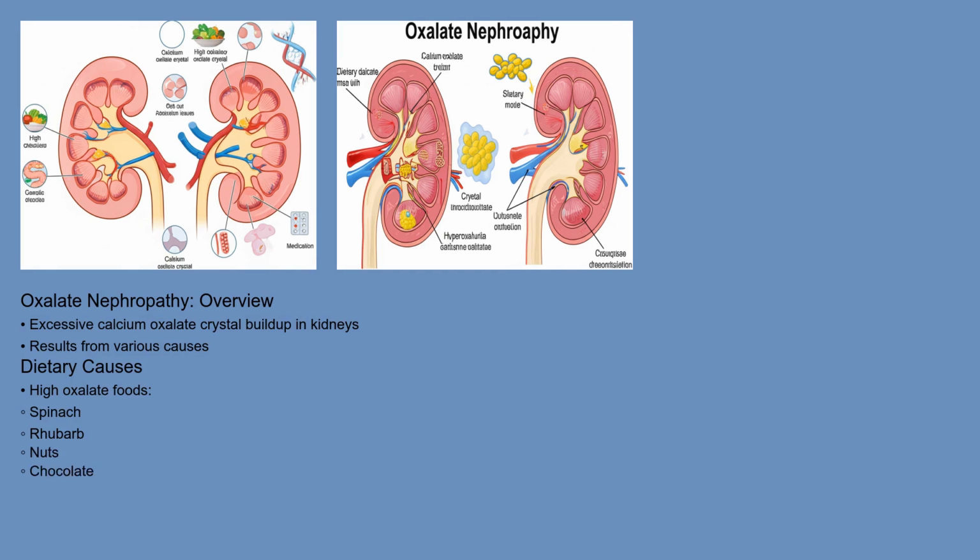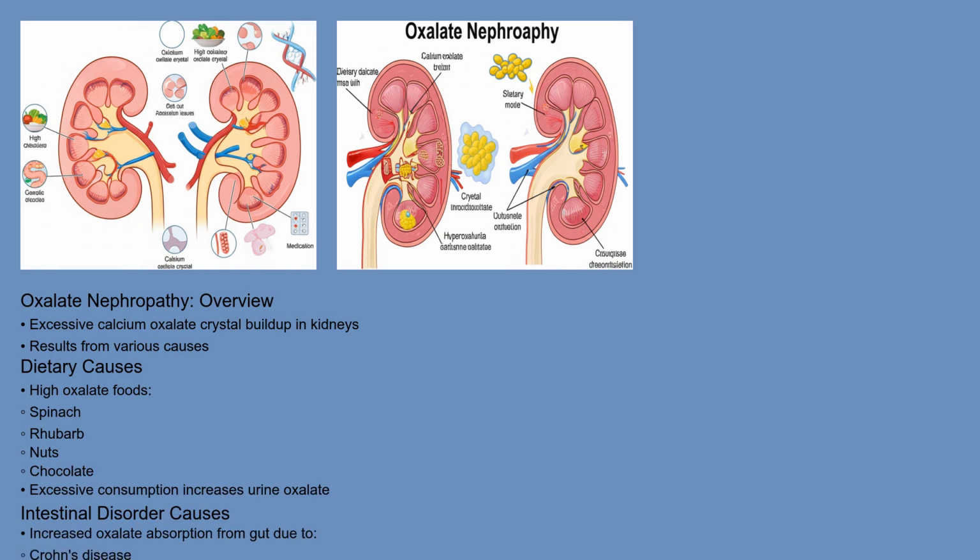Intestinal disorders such as Crohn's disease, ulcerative colitis, or small bowel resections can lead to increased oxalate absorption from the gut. Genetic disorders like primary hyperoxaluria cause the liver to overproduce oxalate. And finally, certain medications or high doses of vitamin C, which the body can convert to oxalate, can also contribute